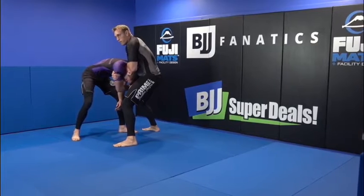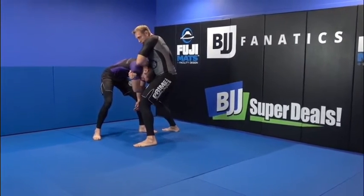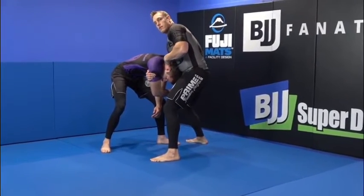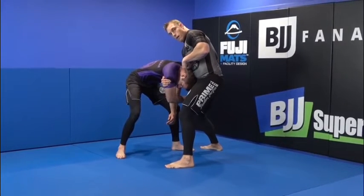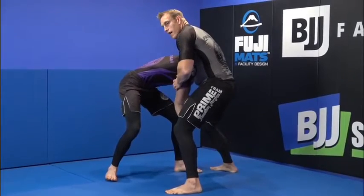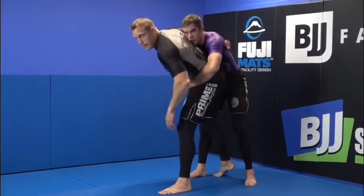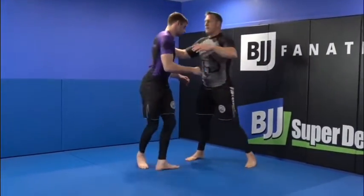Okay, so a lot of people feel more comfortable coming here, which is fine, but I'm going to keep his head down. One thing very important if you stuff somebody's head: his head's in the center right now, and I don't ever want to let his head get out to the side, because he's tough, a good wrestler, he's going to change level, get underneath, and be able to get to my body. Okay, so from a different angle,